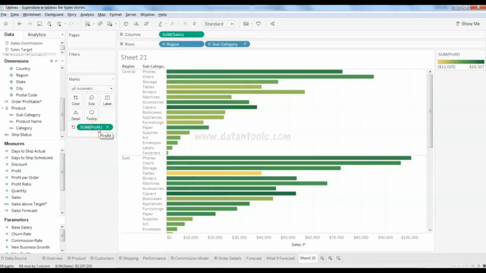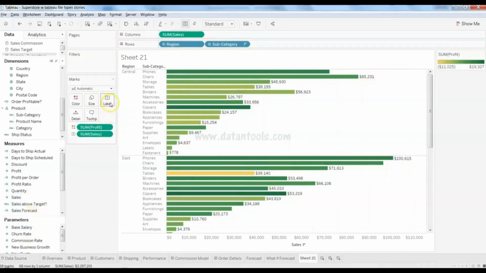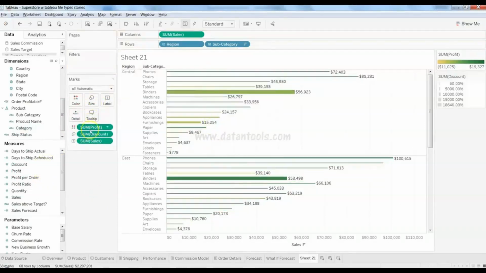Similarly, if you want to show the labels, you can put sales over here and you get the labels information. And pretty much, again, size I have shown in my previous videos. You can change the size by just dropping the value over the size card, and here based on the size